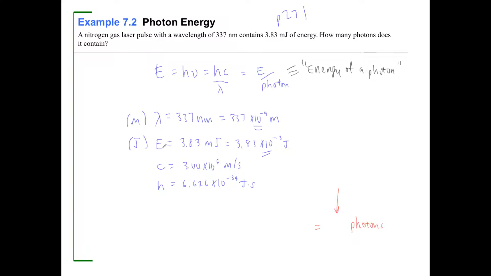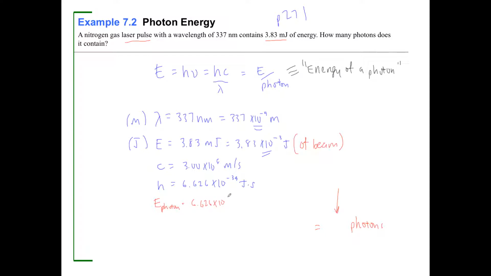So I'm going to come up here and I'm going to say this, oh, by the way, this is not the energy per photon. That's the energy of the beam, right? Look at that. This gas laser pulse contains that much energy, and so that's not what that is. That's not energy per photon. My energy per photon is going to be E is equal to hc over lambda. So what I'm going to do is set up a separate one now here. Energy of the photon, watch this, is equal to